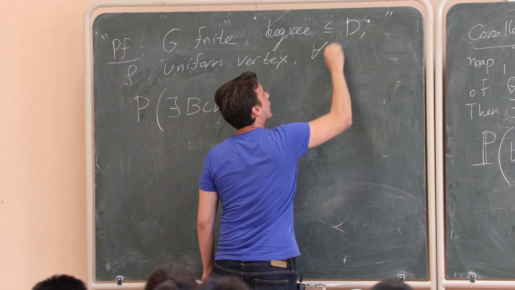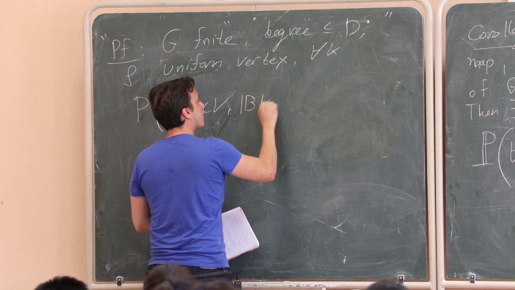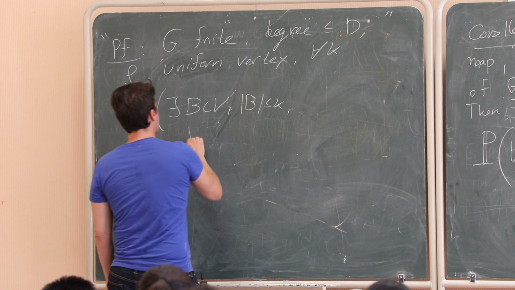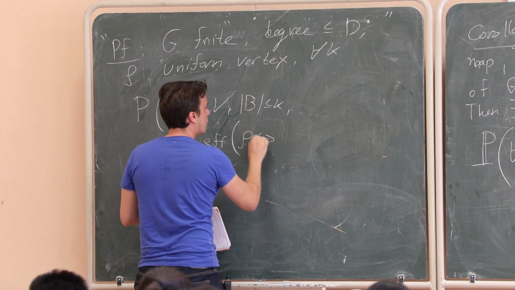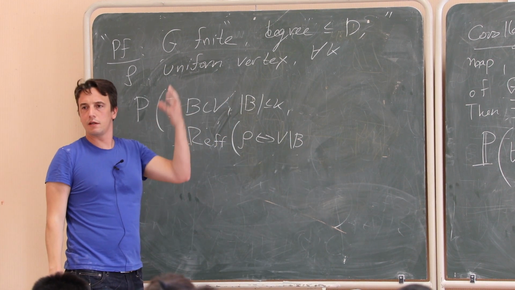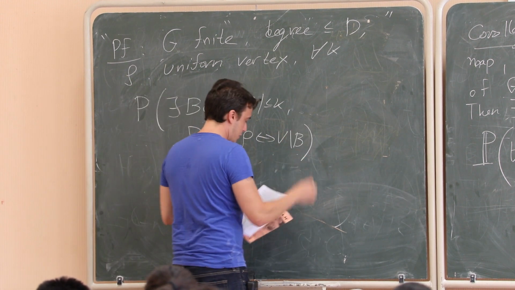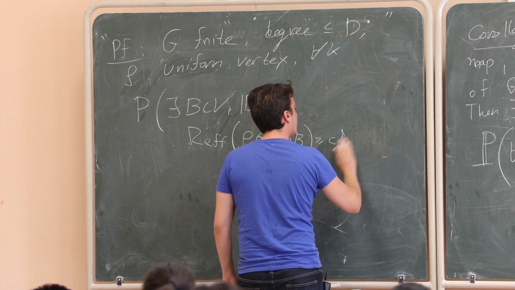Then for all k, the probability that we have a set of vertices B, smaller than k, such that the resistance from rho to the outside of B, think about B as some connected set containing the origin, is bigger than some constant times log of k,